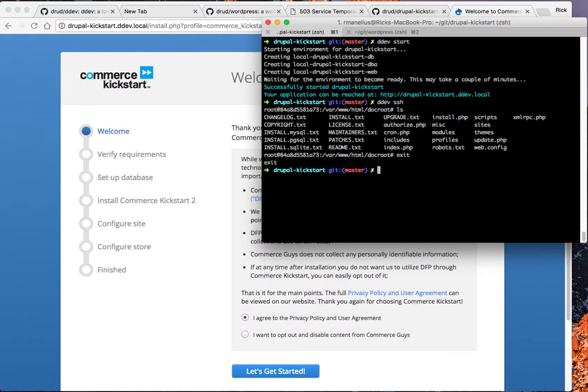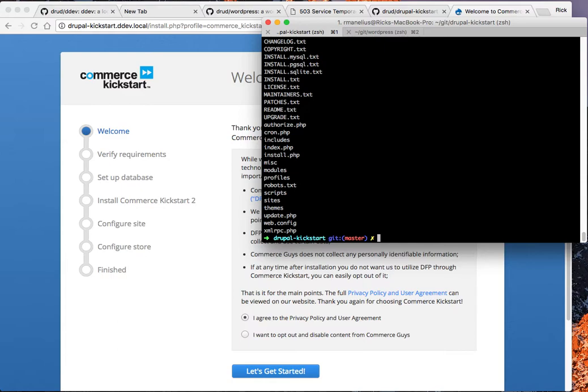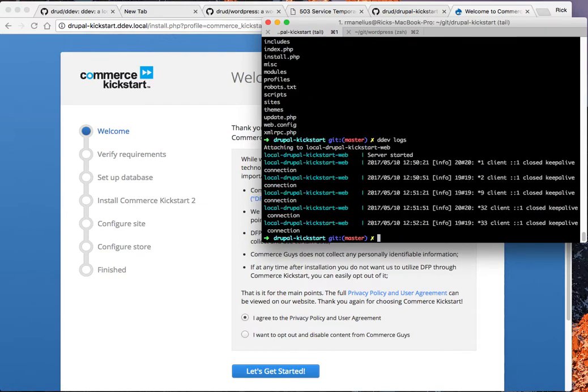Alternatively, I could run a command called DDEV exec, which will allow me to run an arbitrary command, including ls, including whatever I may want inside the container itself. We also have DDEV logs, which will basically pull the error logs from the web server, although you can specify additional flags to get to the database server itself. And going back to the DDEV describe command,